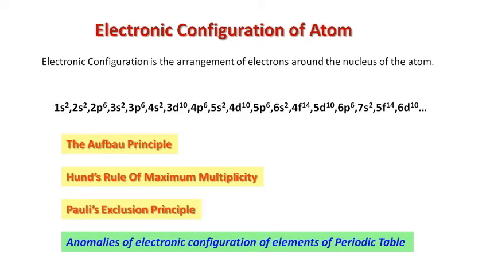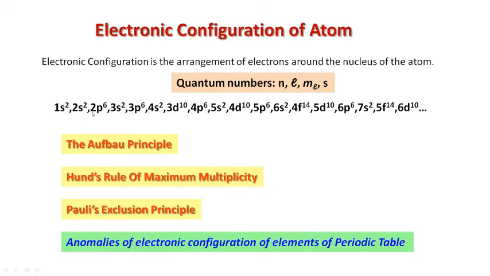In the previous lecture, we learnt about the quantum numbers, that are principal quantum number, azimuthal quantum number, magnetic quantum number and spin quantum number, that are used to write the electronic configuration of an atom. For example, here this is the main energy level, and according to that main energy level, the azimuthal quantum number has 0 value, and corresponding to that 0 value, this orbital is assigned as small s. This orbital can accommodate a maximum of 2 electrons.